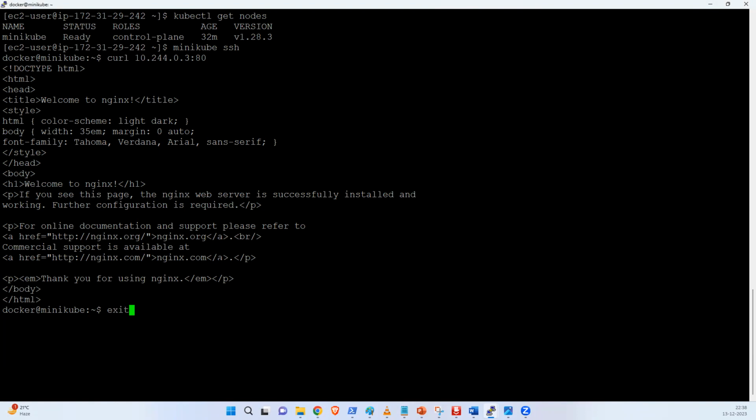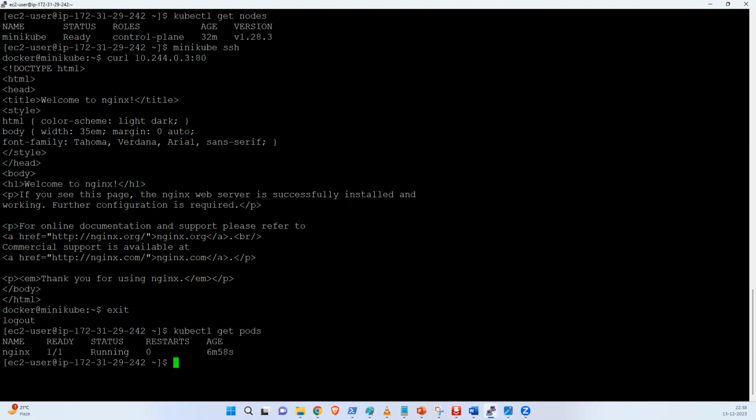Yes, you can exit from the minikube now. So I want to delete the pods. How can you delete? kubectl get pods. Yes. So these are the pods. What is the pod name? Nginx. How to delete the pod? kubectl,